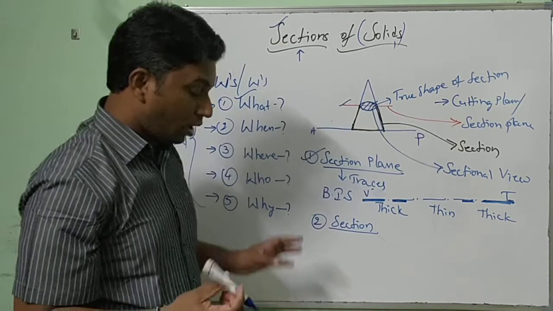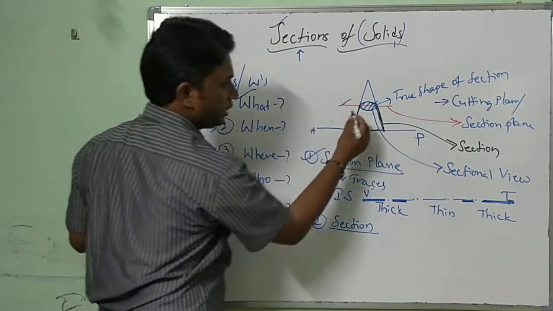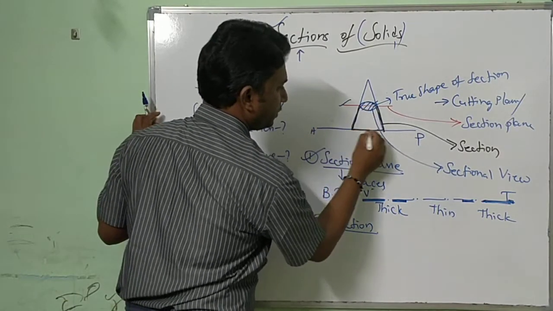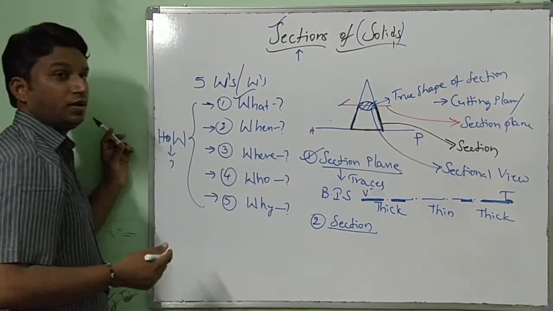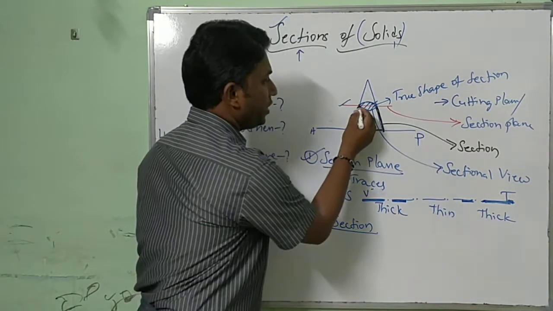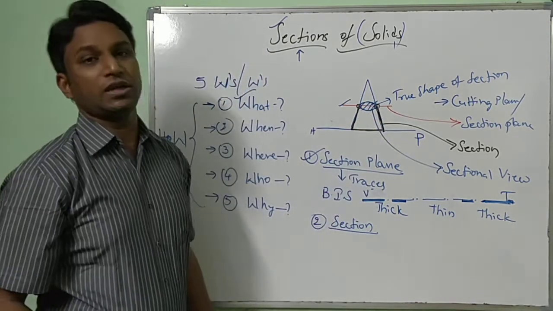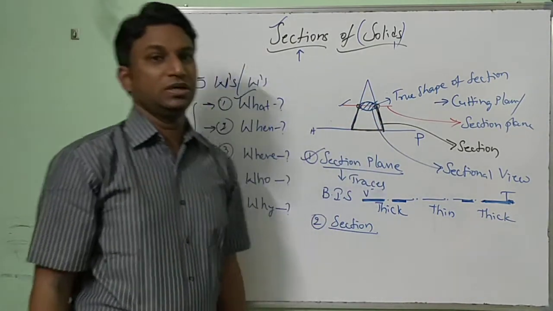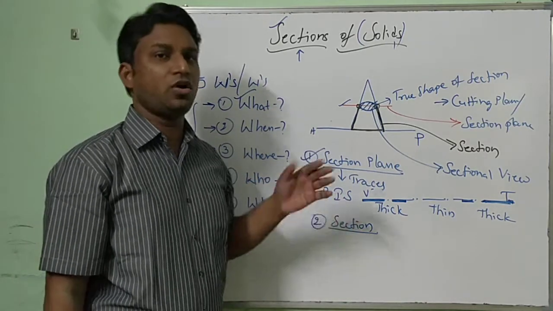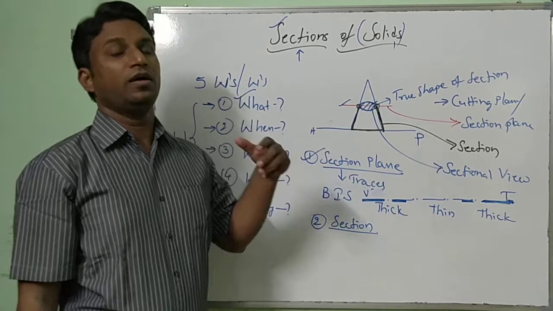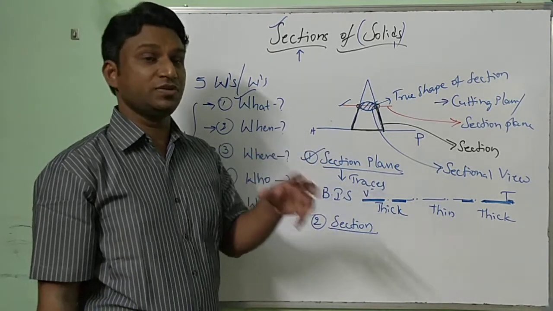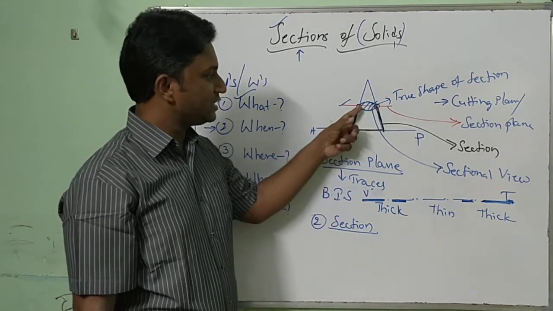Now, how has it to be shown? It is to be shown with the help of lines. Section is shown with the help of lines. From where will these lines start? From the coincidence points of the object and the section plane. Remember this. Sections are to be drawn in any of the views, front view or top view, depending upon the question. Those are to be represented in the form of lines, where those lines will start at the intersection of the section plane and the object.